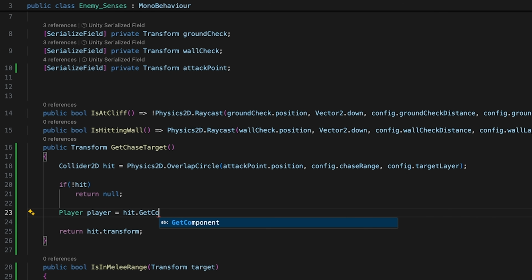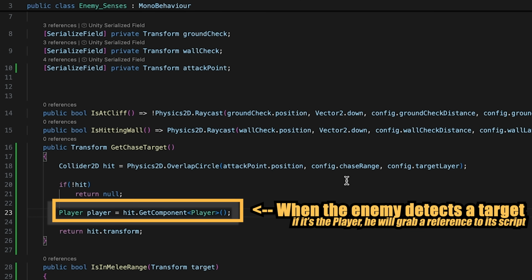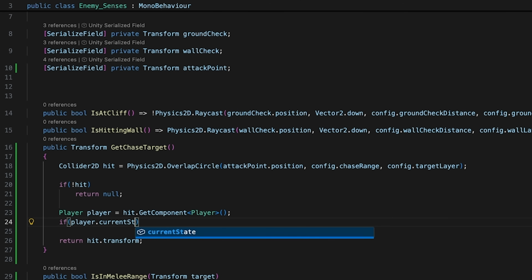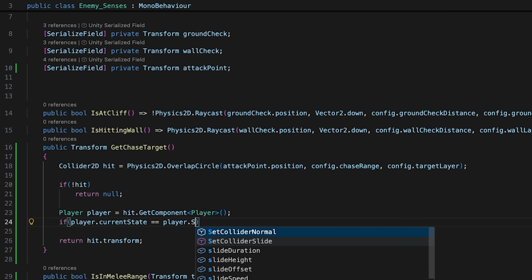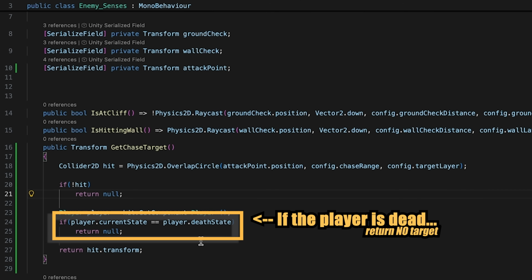We'll call this player. And we're just going to check on the object we just hit on our target layer to see if it has a player script. Now if it does have a player script, we're just going to check to see if the current state of the player is the death state. Now if he is in death state, we're just going to return null so that this gives an empty value for what he's supposed to chase, and he won't notice the player's there and will continue on with his normal